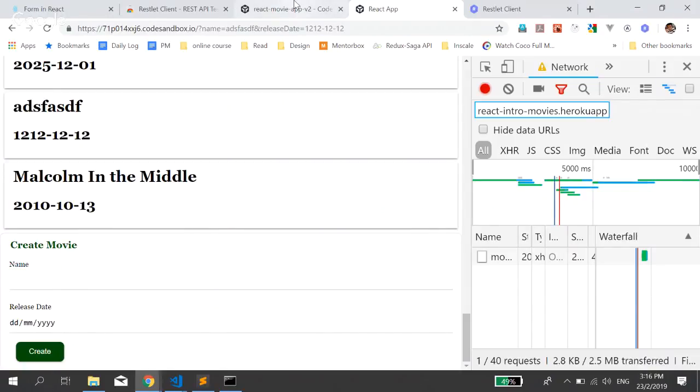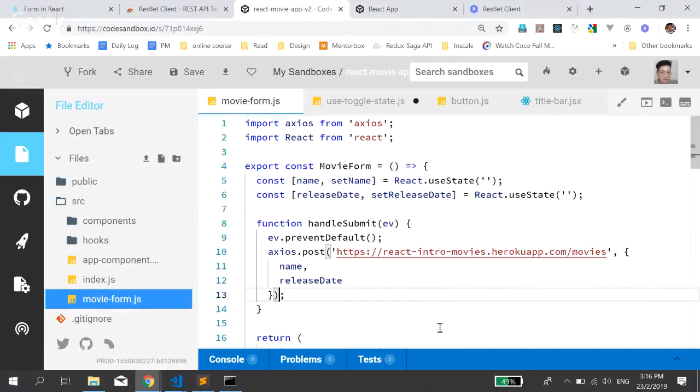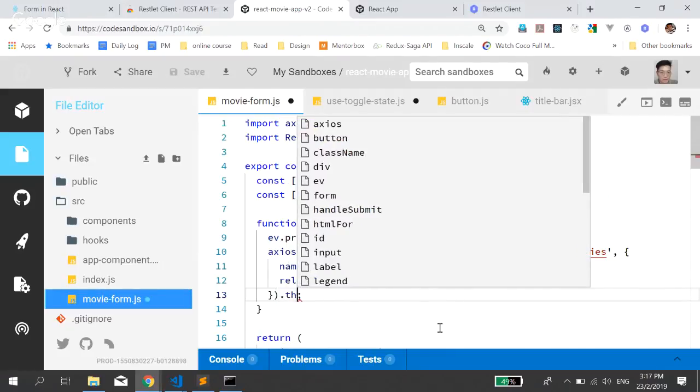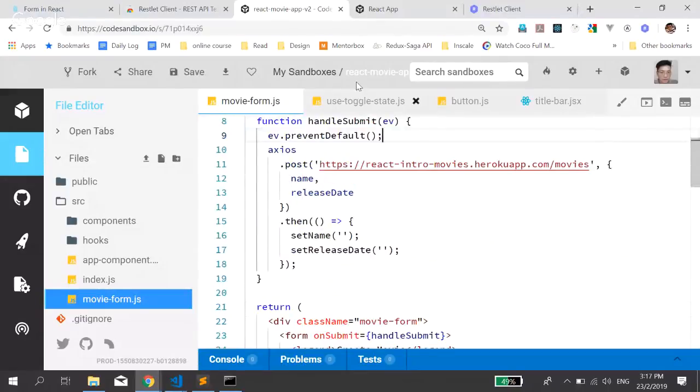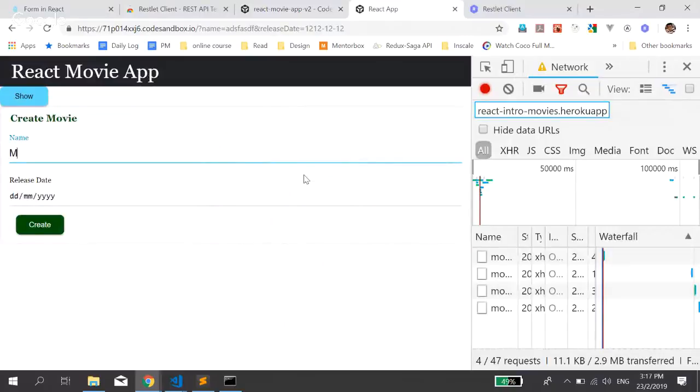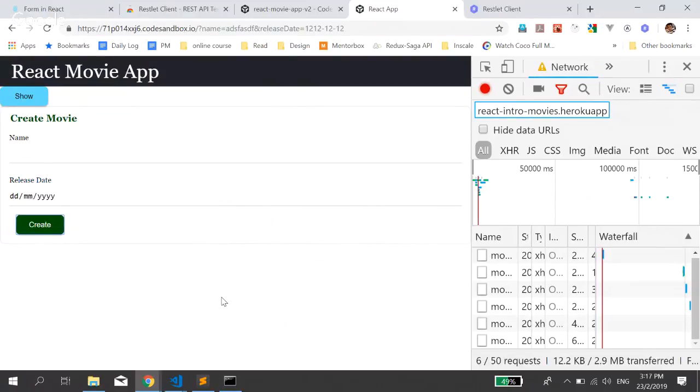Okay. So what can we do? First thing is we need to clear all our input again, right? Because you submit already, you don't want to create two movies. You just want to create one. So when it is done, then you set name to an empty string again. Set release date to an empty string again. So now try again. Okay, when we click, then it's cleared. Means okay. But you look at here,